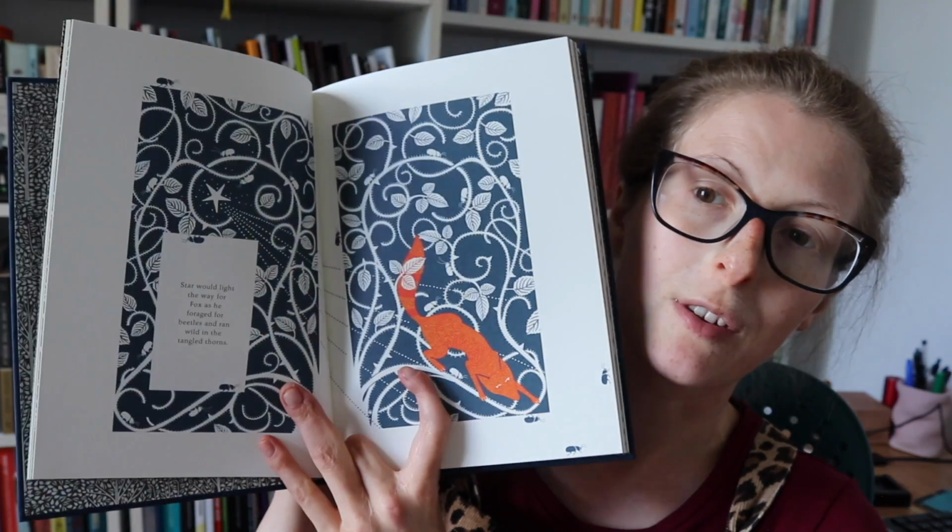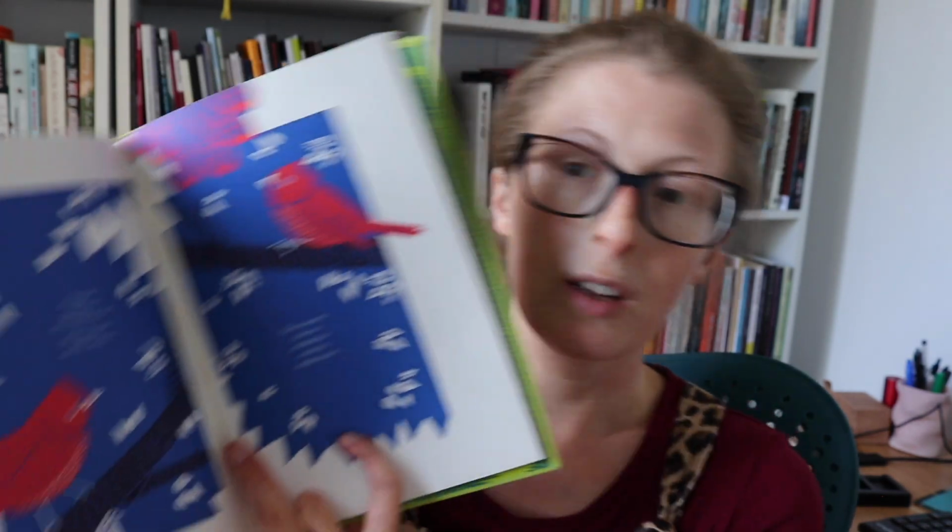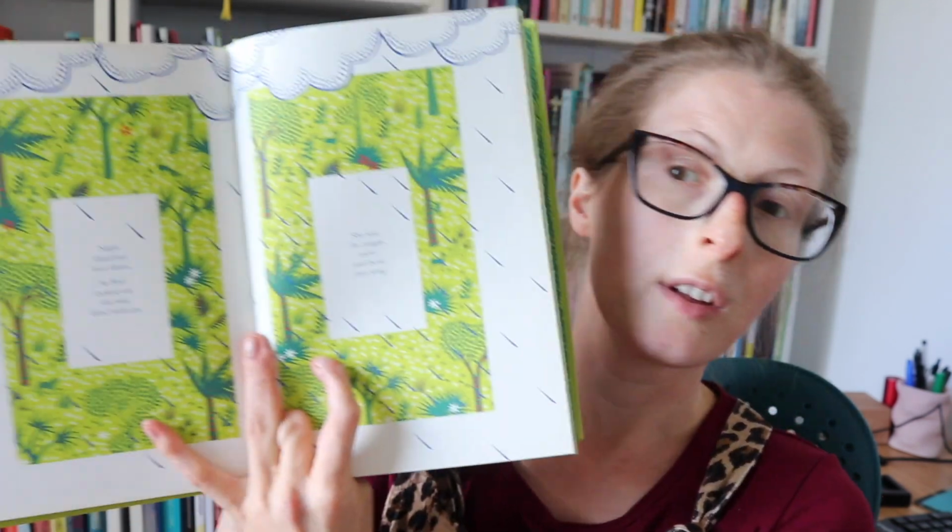Let me find you another one, because you can't have too much of this book, I think. There we go. Absolutely gorgeous. Then there are a few others in the series. These ones are my favourite. We've got The Song of the Tree. This one is about the seasons. Again, such beautiful colours. We have those birds, and then we have the trees, so this amazing green,